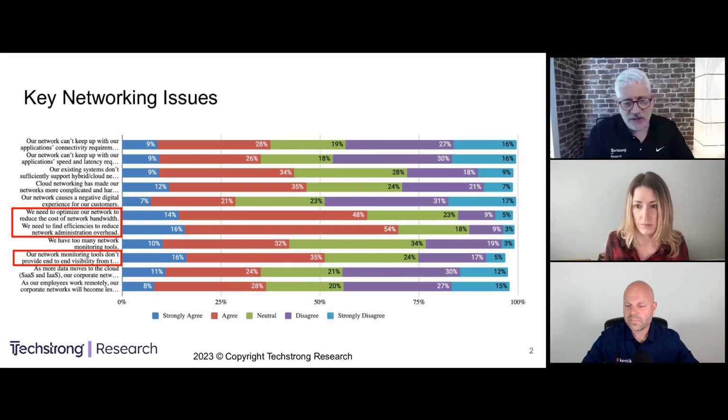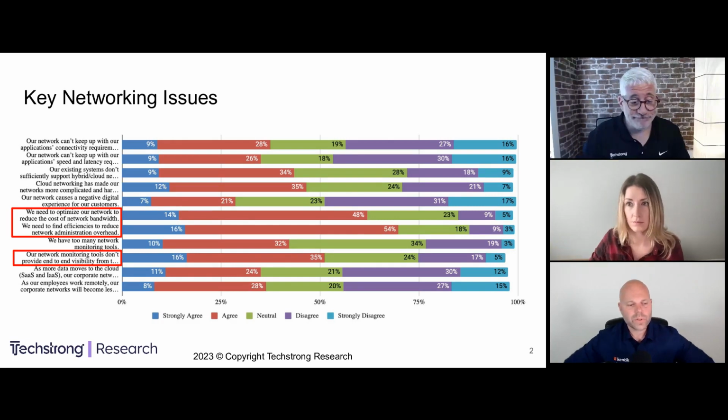I don't know, guys, when you're talking to customers, do we have too many network administrators out there? Are they doing the wrong stuff? Let's see if we can get some context around why folks would feel that this was a big challenge as we move towards a lot of these virtualized and cloud-based networking infrastructures.